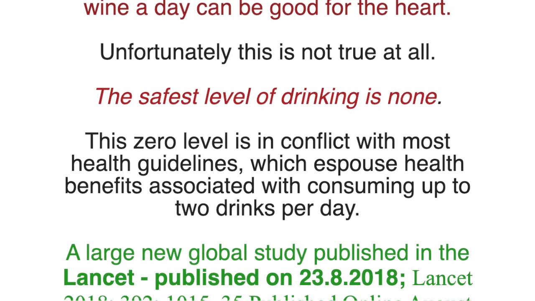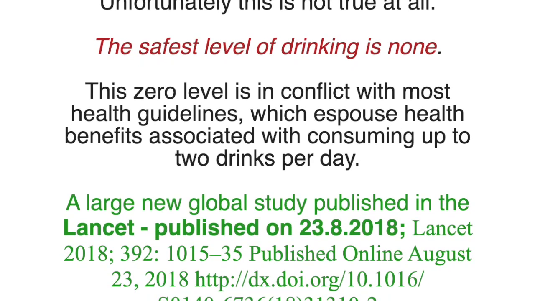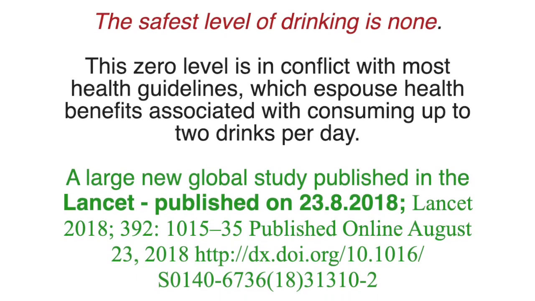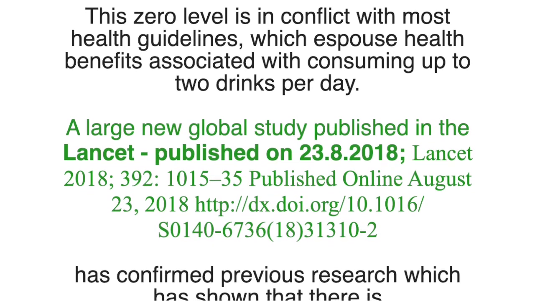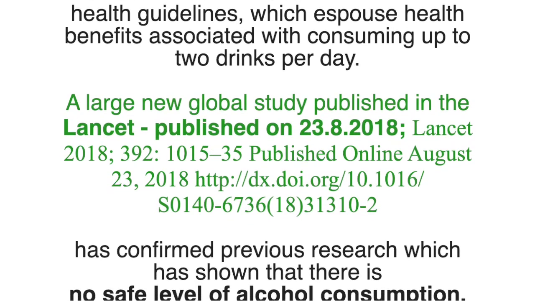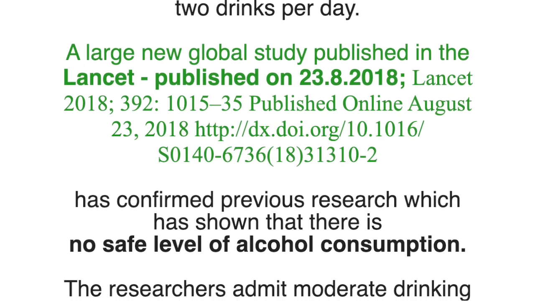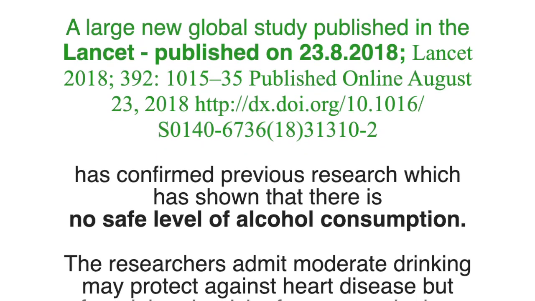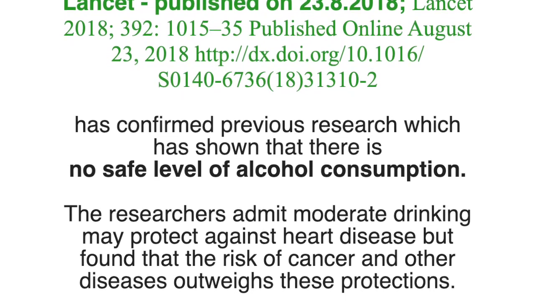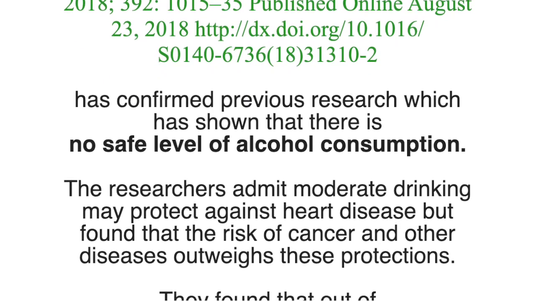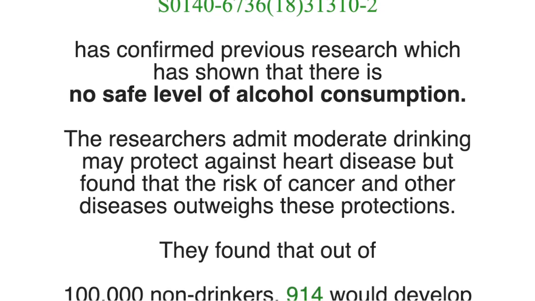drinks per day. A large new global study published in the Lancet on 23/8/2018, reference is shown, has confirmed previous research which has shown that there is no safe level of alcohol consumption. The researchers admit moderate drinking may protect against heart disease, but found that the risk of cancer and other diseases